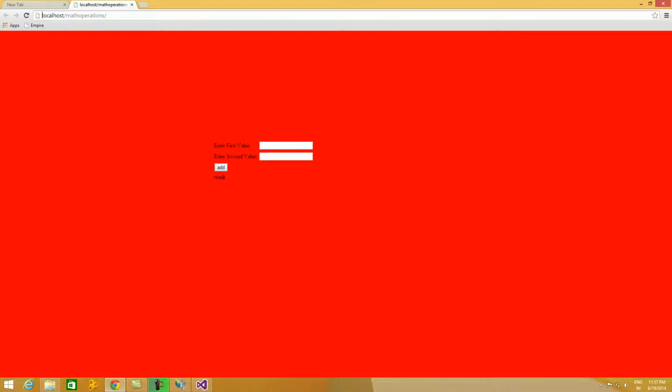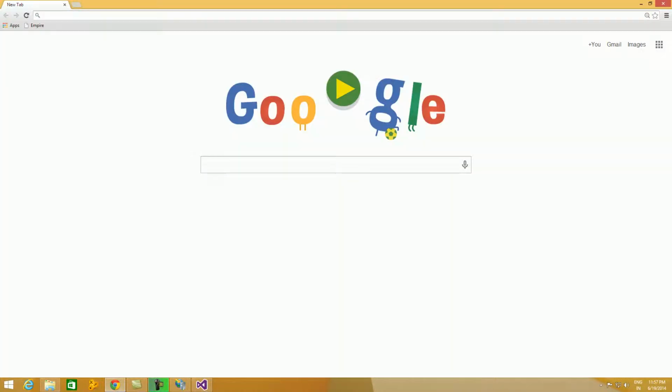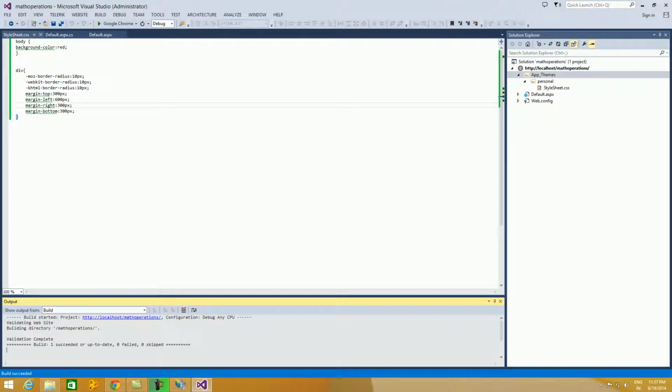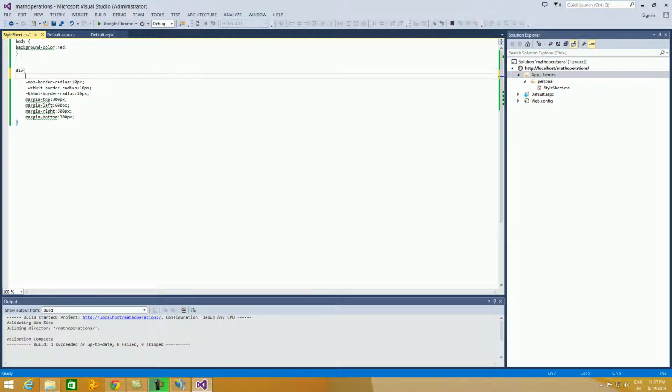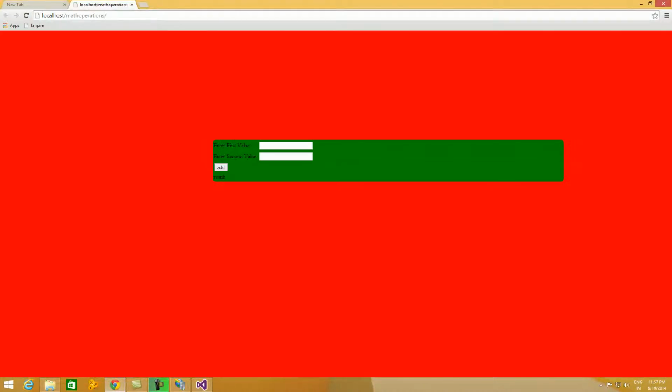So there is no border visible here. Let us give some background. We'll give a background for the div tag. Green. Now try to run this. So we have a green background. The border is rounded by border.